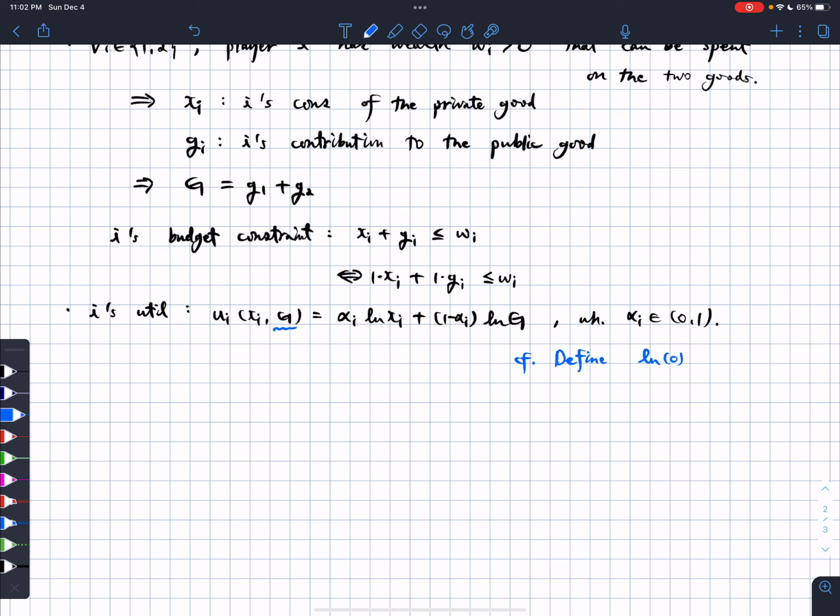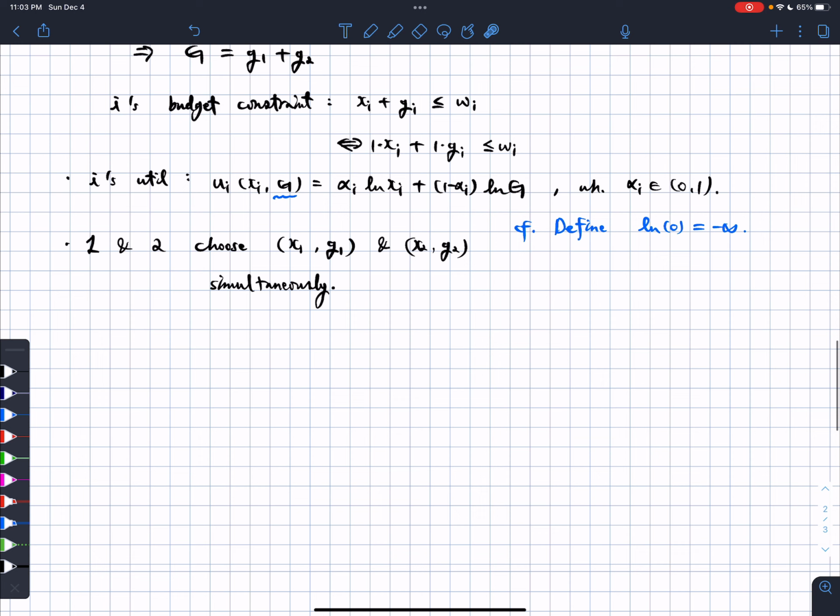Okay, so it is a simultaneous move game in which there are two players, 1 and 2, that choose x1 and g1 and x2 and g2. So these are examples of strategies for the two players, right? And then what about their payoffs? Well, their payoffs are determined by this functional form. Okay. Now the question is,